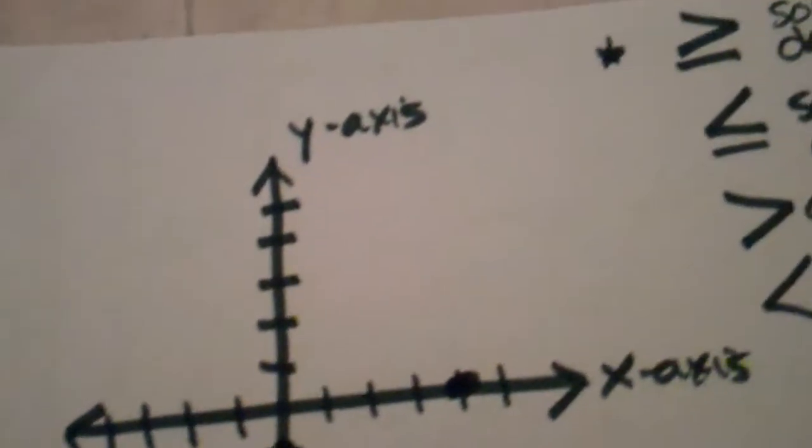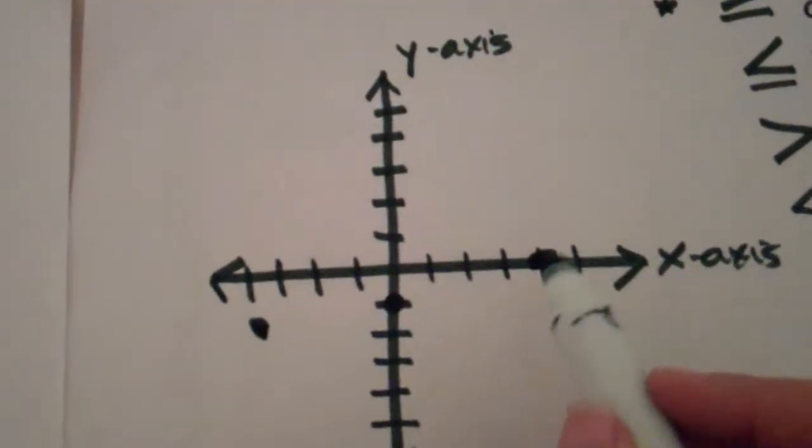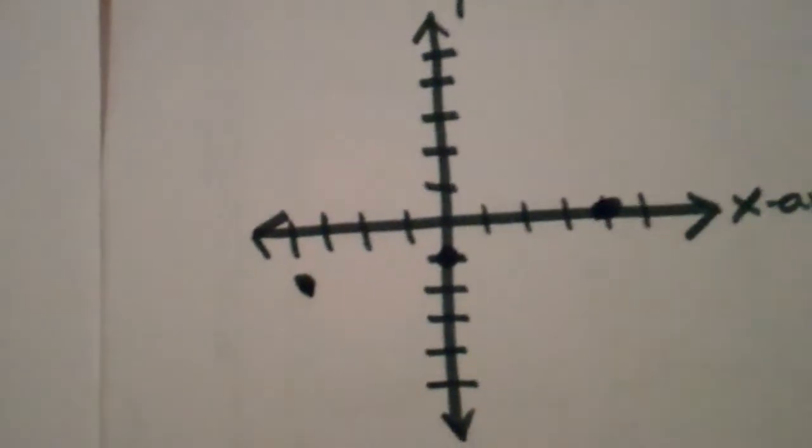Okay, as I said earlier, this is a solid line and it is going to be shaded below. Okay, so let me make that solid line real quick. I am holding the camera, so I'm going to put it down for a minute to make my line. Okay, thank you. Now I have my line as straight as I could get it,